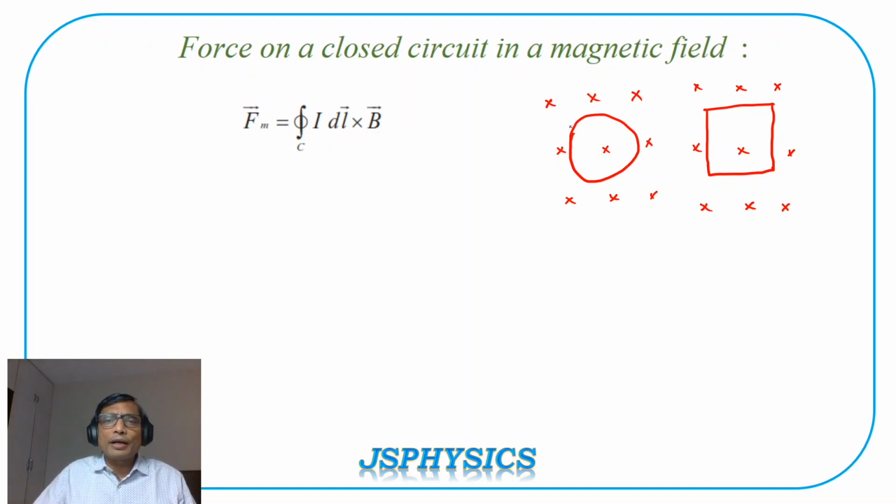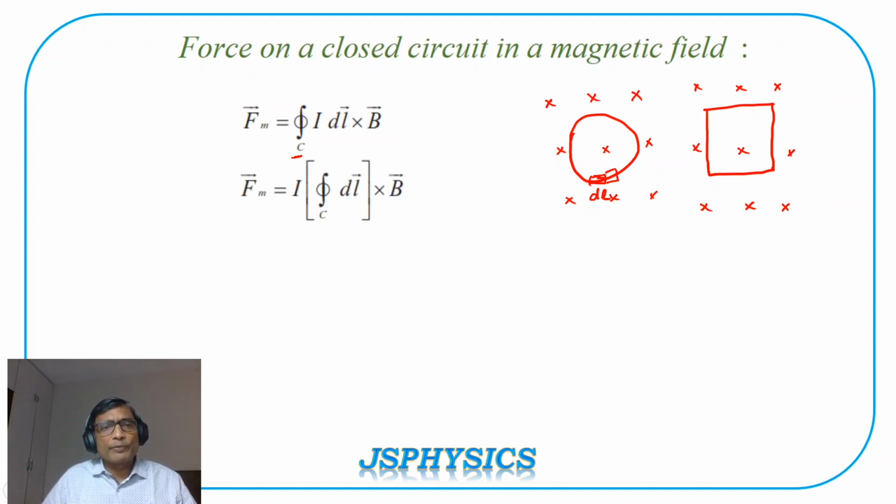Now we'll divide this entire conductor or loop into small elements, each of length dl again. So this is one such element of length dl. This is again another element of length dl, and so on. We can divide the entire conductor into small elements each of length dl. Then the total force will be given by I into dl cross B, and that we have to integrate over a closed circuit. So this is a symbol for integration over a closed loop. So total force we can find by a similar formula, I into integration over a closed loop dl cross B.